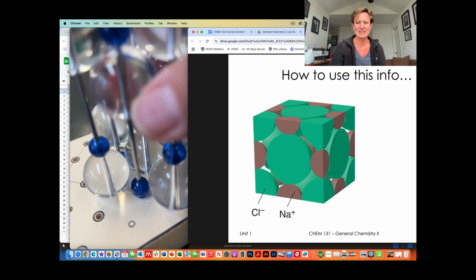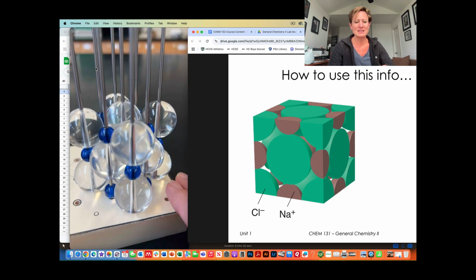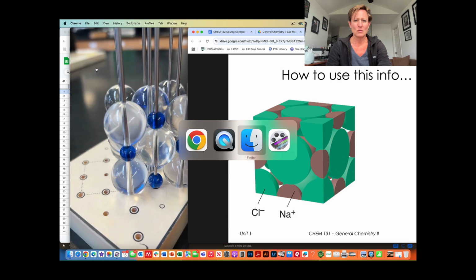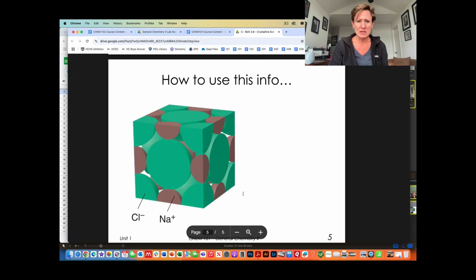Okay, so those are the octahedral holes that we're going to see on this guy. One last little piece to add as to why these are called octahedral holes. Remember when we did our shape geometry stuff and we said if something had 6 electron groups, it needed to have an octahedral geometry. So if you look at where these positions are, these gray sodium